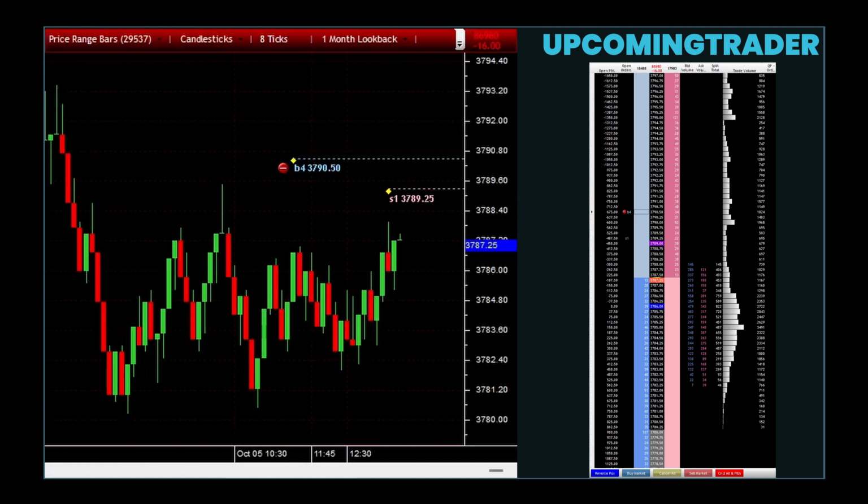Windows are particularly noteworthy in markets where price gaps are less common, suggesting a significant change in market dynamics or information. Despite their potential insights, windows have limitations and should not be used in isolation for making trading decisions. Their reliability can be influenced by the market's overall trend, volume, and the context in which they appear. For instance, a window that occurs on high volume may be more significant than one on low volume, as it